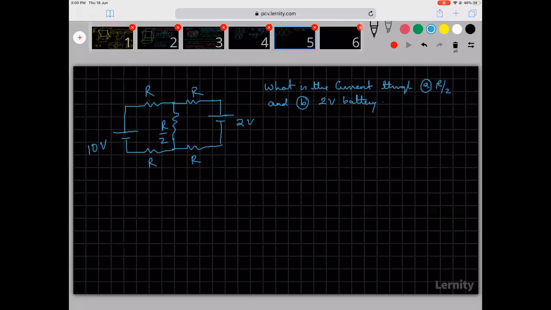When I want to do it for an NCERT board exam, I will first name the points. So this is A, B, C, D, E, F. Then the next step is always to mark the currents. To mark currents, understand that when there are multiple batteries, choose one battery as the driver battery. Choose any one battery as the driver battery.